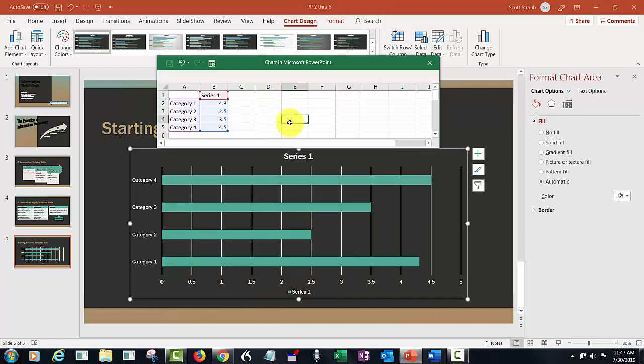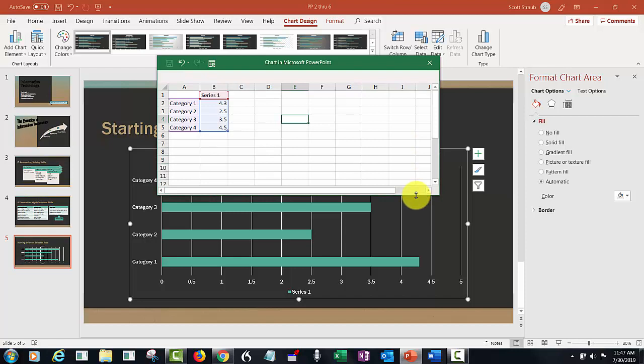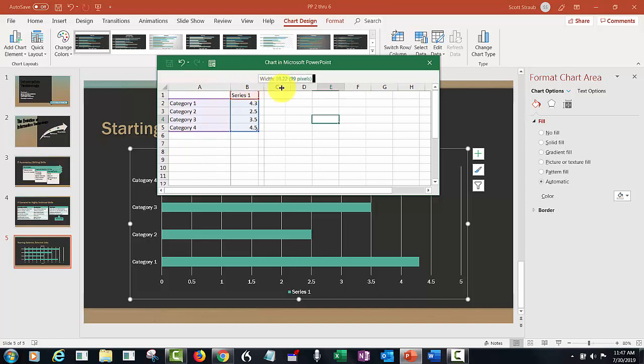And then it's going to ask us to put in this information. Please go slowly here. I'm going to make this just a little bit bigger because we're going to be adding a few more lines. And then I'm also going to do one other thing. You can do this later, but I'm going to click in between the A and the B, and the B and the C, and I'm going to drag them a little bit bigger. You're going to see why in a minute, because we're going to have to put in some